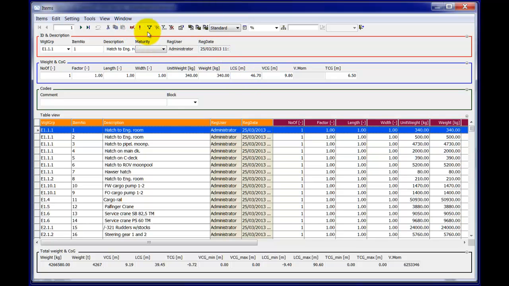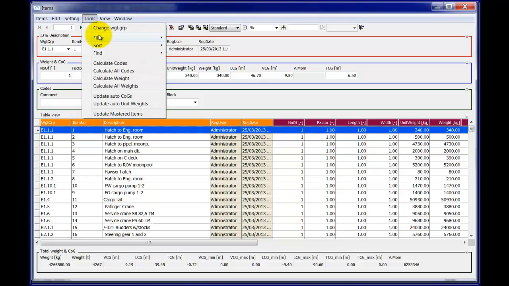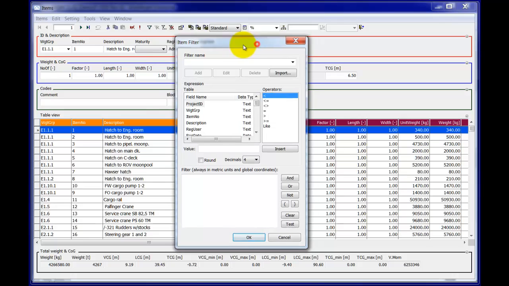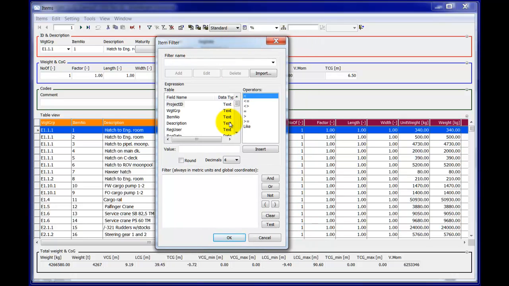In the menu we have this button here saying apply filter, and you can also go to tools, filter, and apply, and that will bring up this filter dialog that allows you to define your filters. And if we start out by doing a simple filter here, we can say that okay, I want to have all items where the VCG is larger than,